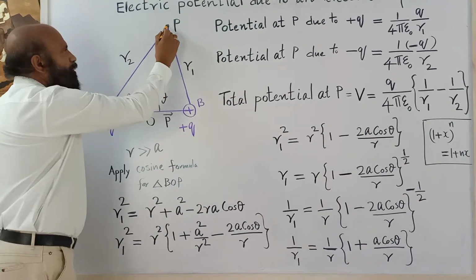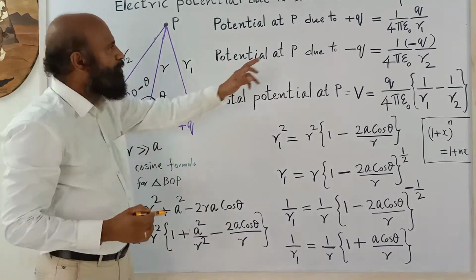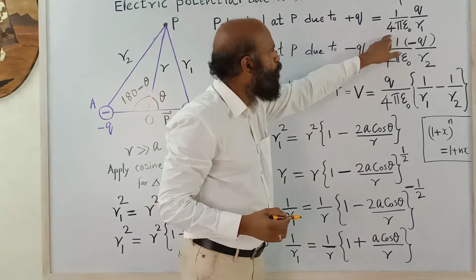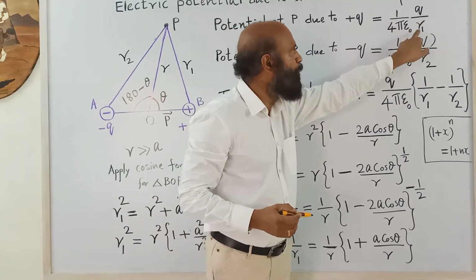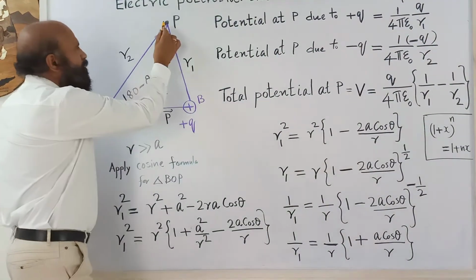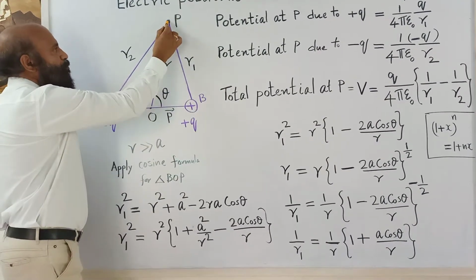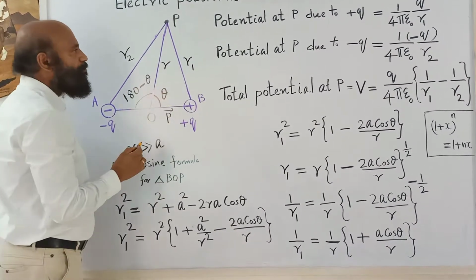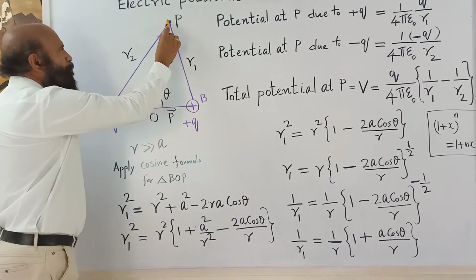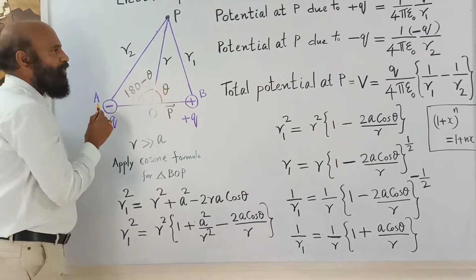So potential at P due to the positive charge is given by this relation, 1 by 4 pi epsilon 0, Q by R1, because this distance is R1. From the positive charge, distance of the point is R1. Similarly, potential at P due to the negative charge is